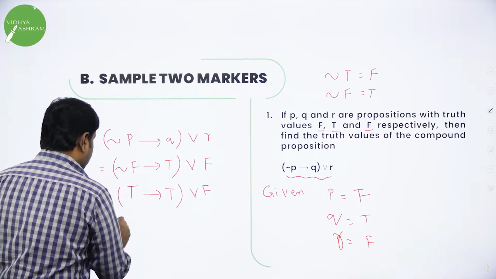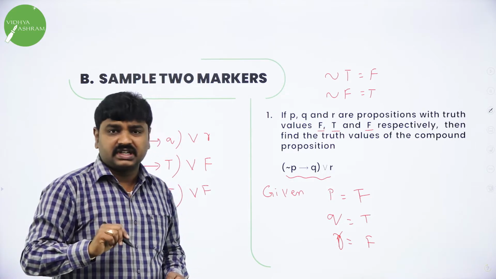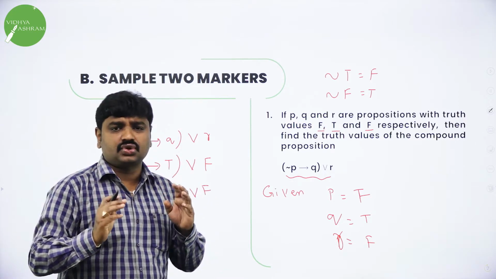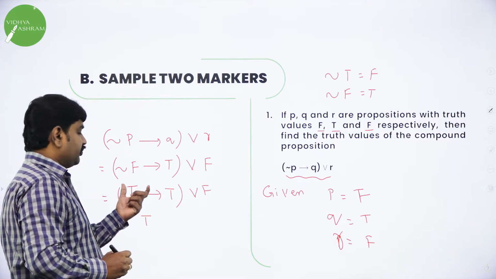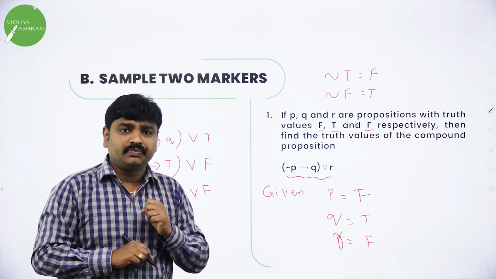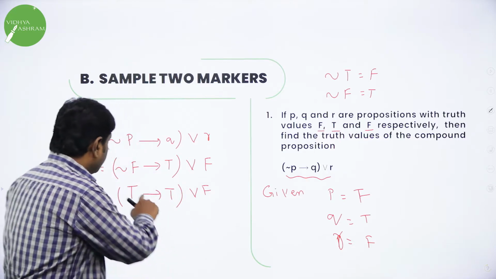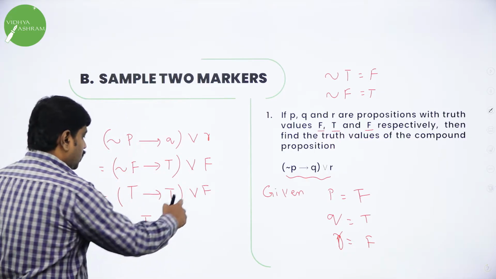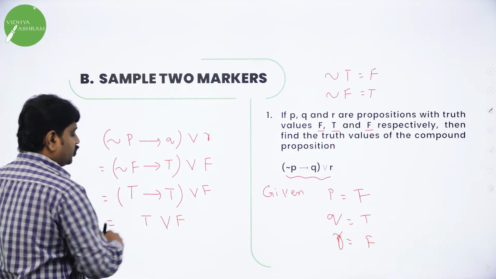Now you know the logic of implies. In implies, if the first one is true and the second one is false, the result is false. In all other cases it is true. So true implies true is true. We constructed truth tables for compound propositions. There I taught you true implies false alone is false, and all the rest are true. So true implies true is what? True. Now finally we have true or false.